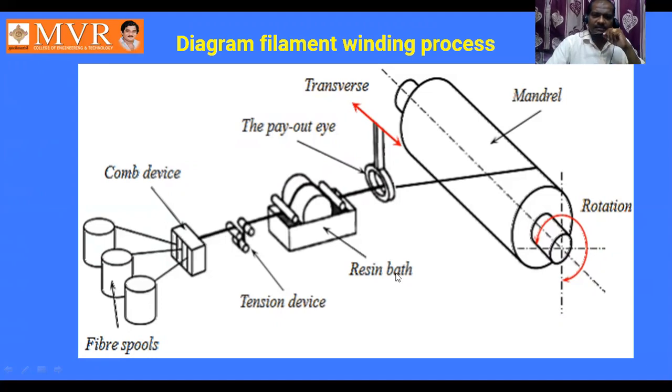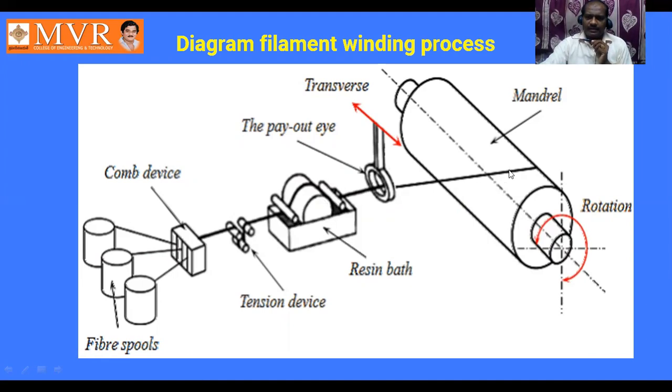This is the resin bath. In this resin bath, we have provided pigments, UV absorbers, resin, and hardener. So after the rope passes into this, colors are added along with resin and UV absorbers. Here we correct the dimensions of this rope. Wherever excess resin, color, UV absorbers, or any unwanted materials are there, they are removed here.